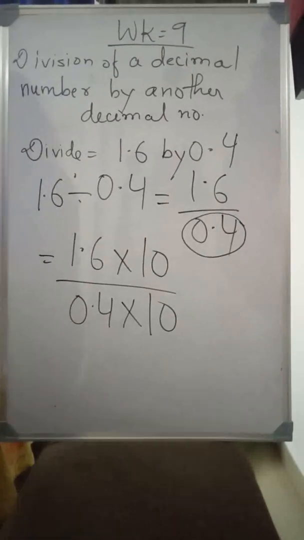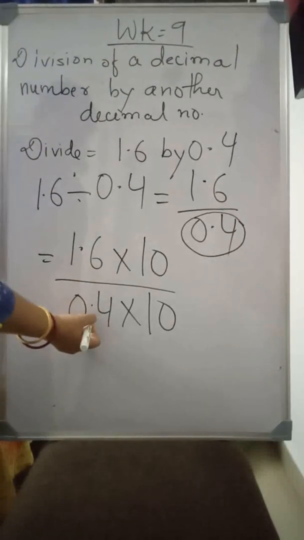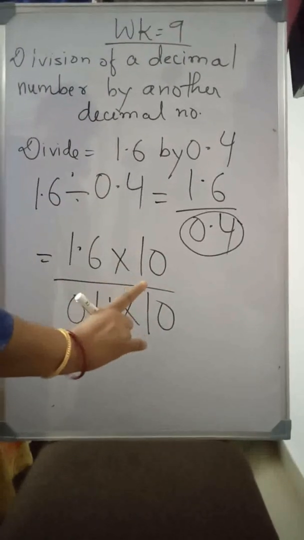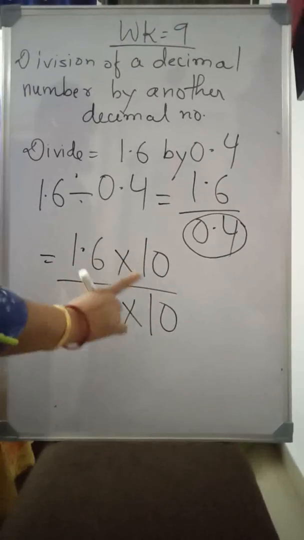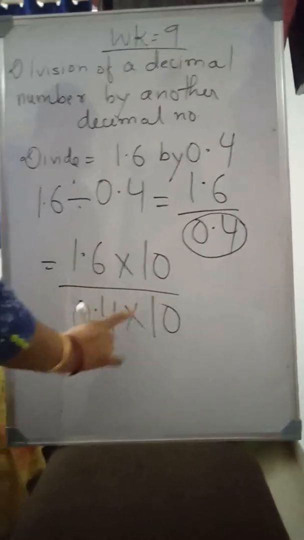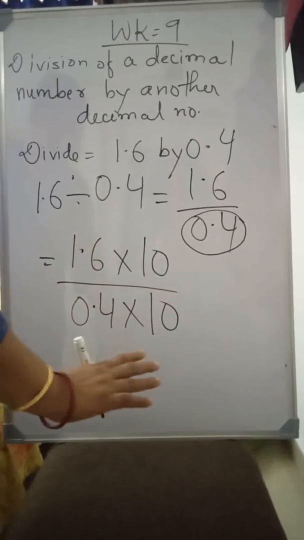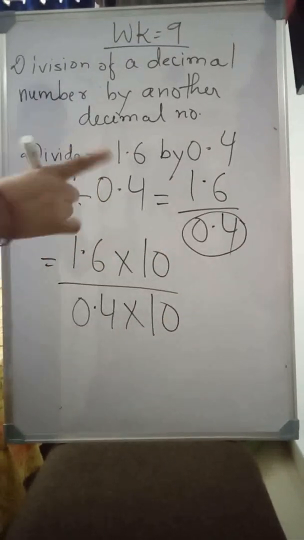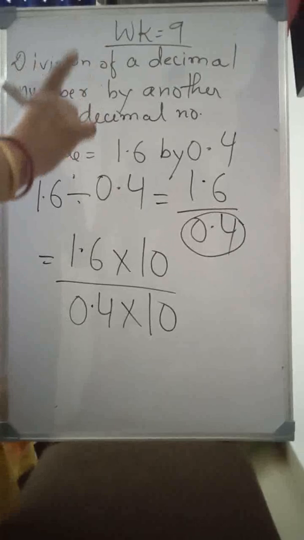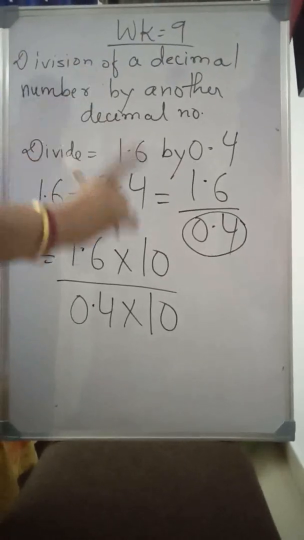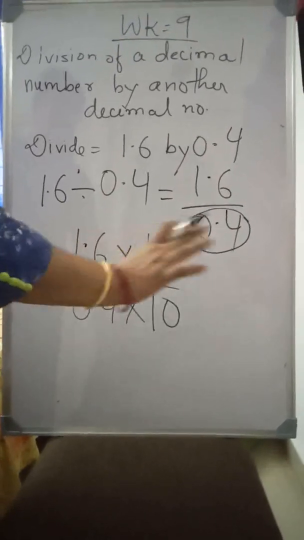Correct? Now numerator and denominator both will be multiplied by 10. Why? Because 0.4 has only one decimal place. Okay, why have I done it? Why have I used multiplication by 10 in numerator and denominator? First point, the value remains the same, correct? It is just as when you change a fraction to an equivalent fraction. You know how to find an equivalent fraction. You have learned it. Here also, multiplying by the same number, 10 by 10, the value will not change.